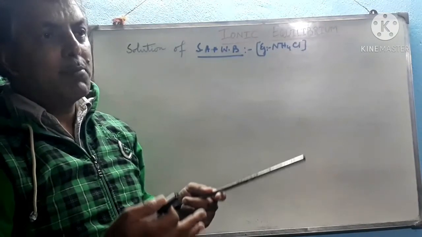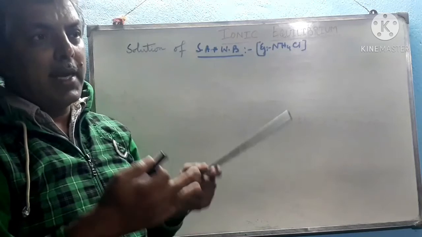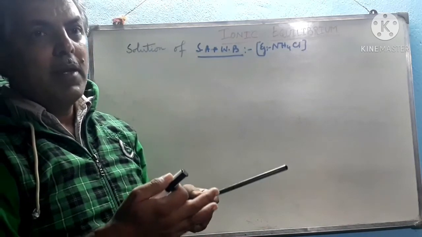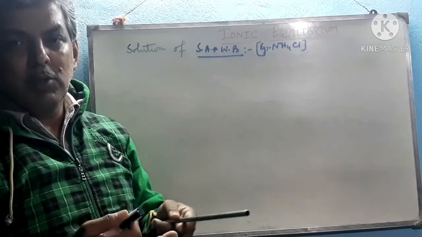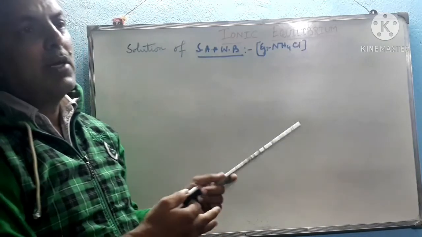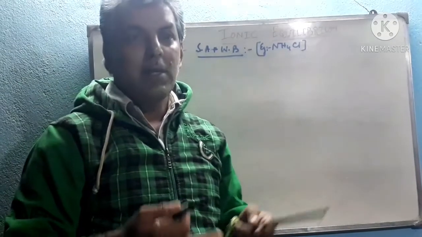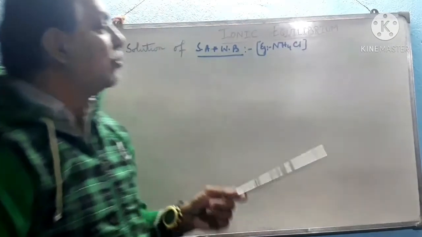Actually, on hydrolysis they produce both a strong acid and a strong base, and that strong acid completely ionizes in its aqueous solution to form H plus ions, as well as the strong base completely ionizes in its aqueous solution to form OH minus ions, and these two combine to form water again, and the salt in its solution remains the same, and that's why they do not get hydrolyzed. The pH of the solution is equal to 7 and it is neutral.